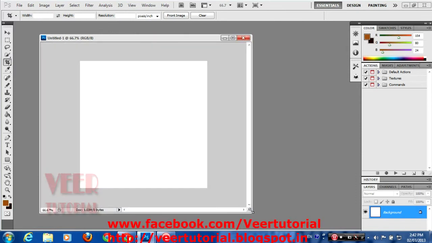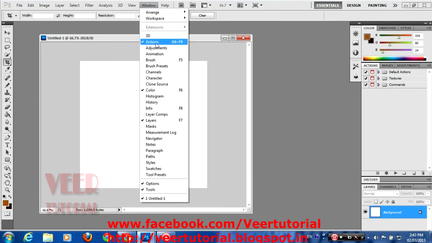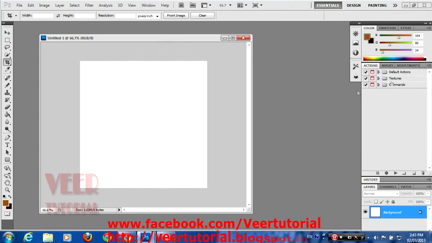So we need to put some wooden texture for creating the framework. Looks like a wood, so you need a wooden picture, but if you don't have one, no need for any worry. Photoshop comes with some actions which have so many textures, so we can select the Actions button from here. If you cannot find the Actions button here, you can select it from here also. In the Actions menu you will find some actions for textures. If you still cannot find the texture actions, click on this option.